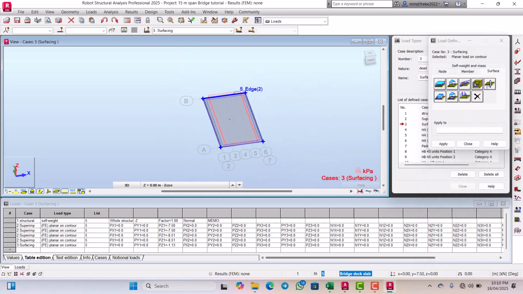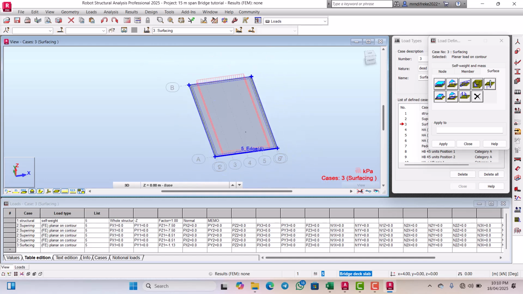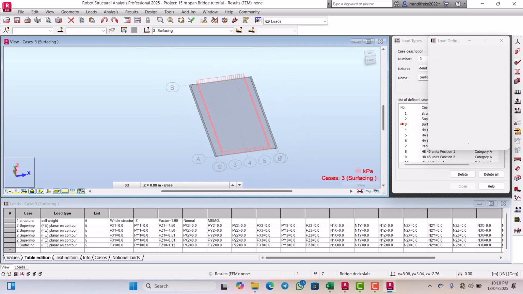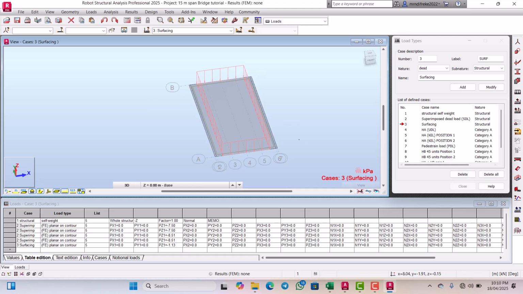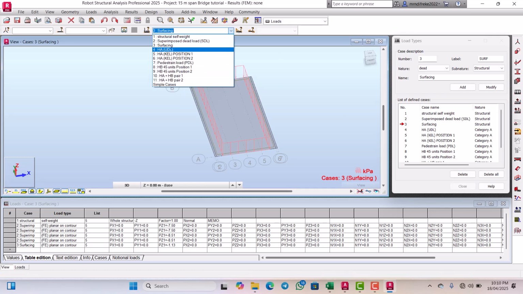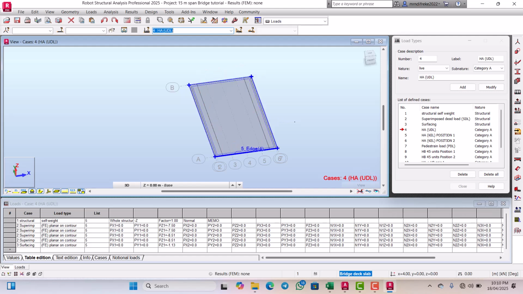Okay, so that is the surfacing. So we can close. Okay, the next load that we are going to define is going to be the HA load. So we select the HA load, and